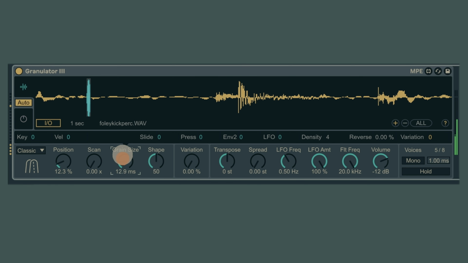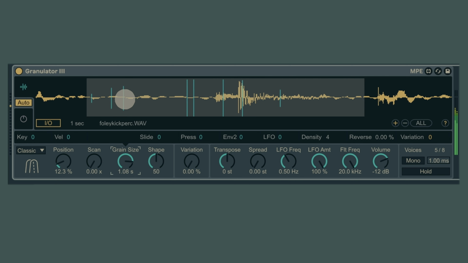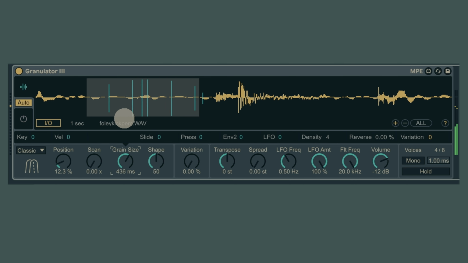And then put the grain size up. So this is really nice to have with some recordings, and then find your textures there.